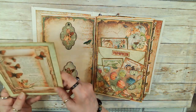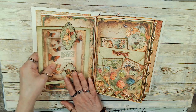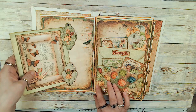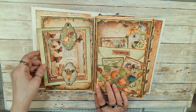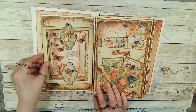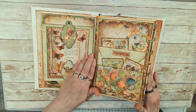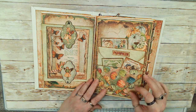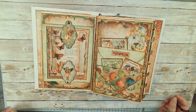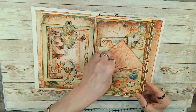Now the butterflies are glazed. And all these butterflies are treated as well. So like I said, all the butterflies, the fairy wings, and the feathers, and the squash and pumpkins, things like that, have all been treated. This actually fits behind here to hold it shut. So then you can open it, and there's a card inside,